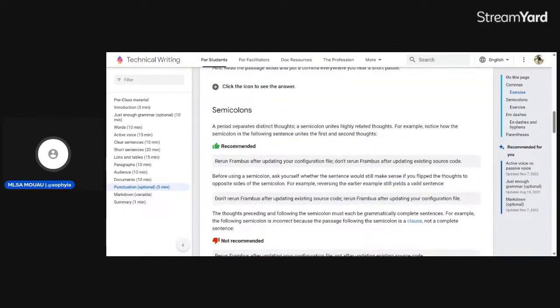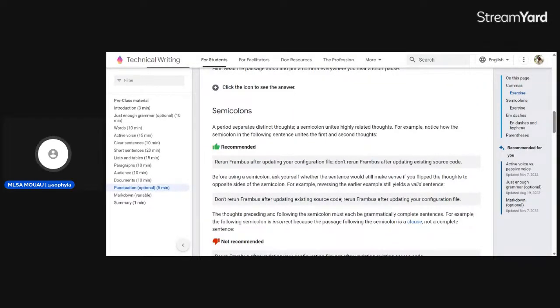Another punctuation is the semicolon. This is a dot up and comma down. A semicolon is like a period that separates distinct thoughts. A semicolon unites highly related thoughts.